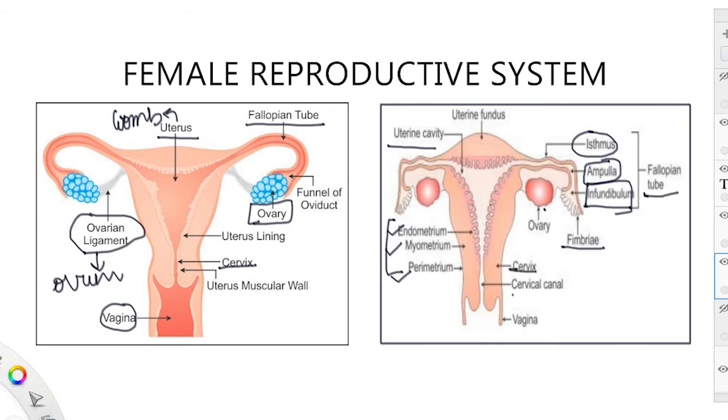Next, coming on, it leads to the cervix. Then the cervix and vagina together form the cervical canal, right? And it finally leads to the vagina, which is ultimately the birth canal. So this is how you classify the female reproductive system. Clear? Now, one by one, we have to talk about each organ, and the very first thing that we are going to discuss is this ovary part.